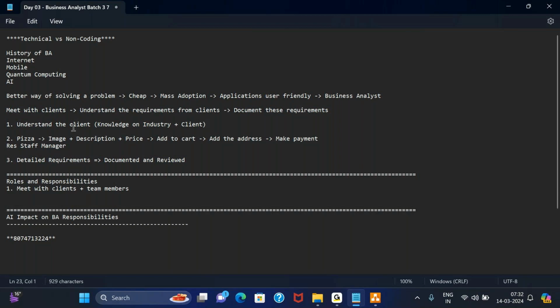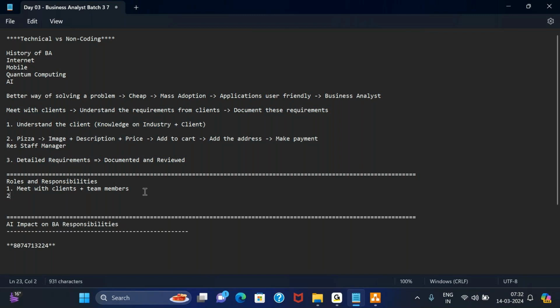So when we are meeting with clients, we ensure that we take knowledge on the industry plus the client so that we can make our meetings more meaningful, more conversational, and much more impactful and productive. Once we meet with clients, we start gathering requirements, or you can say we start gathering features.